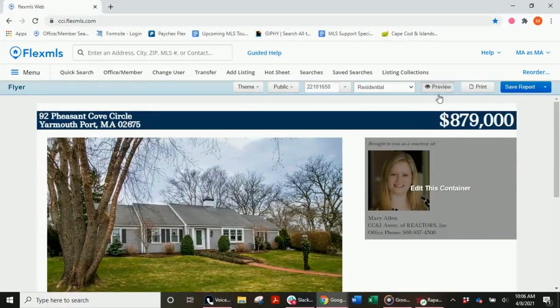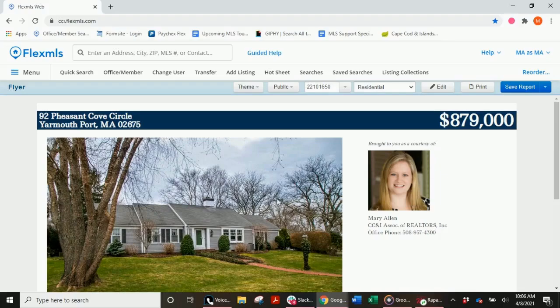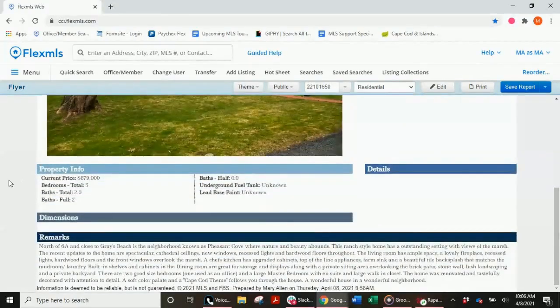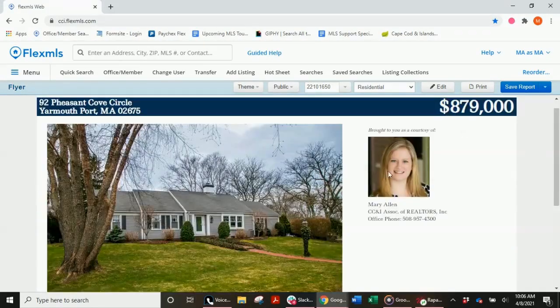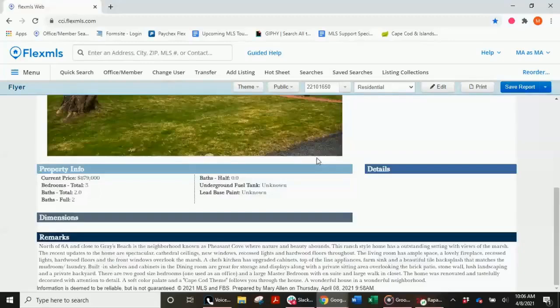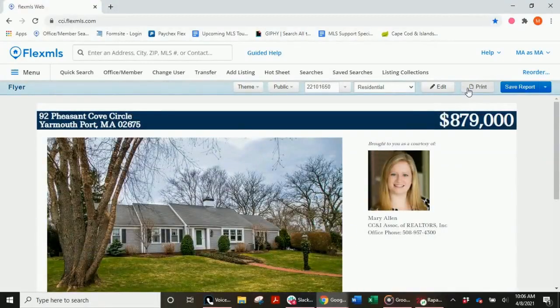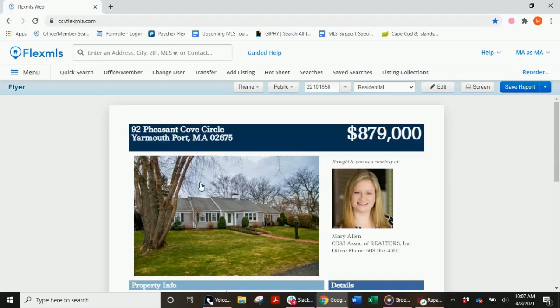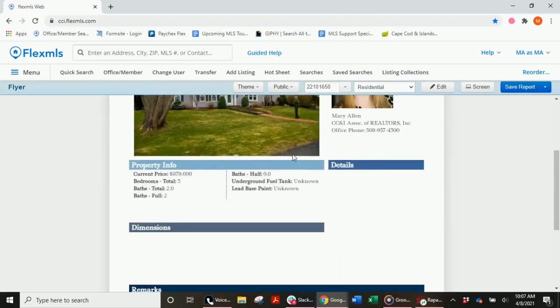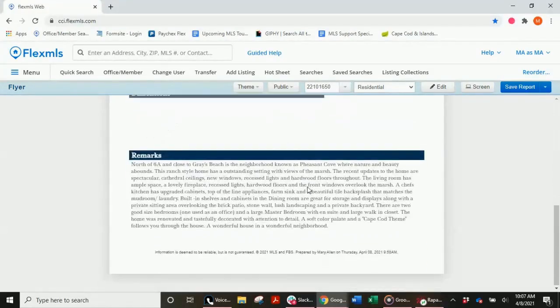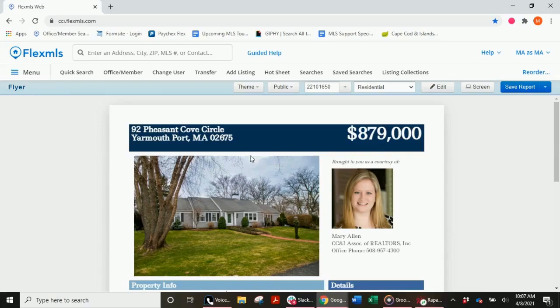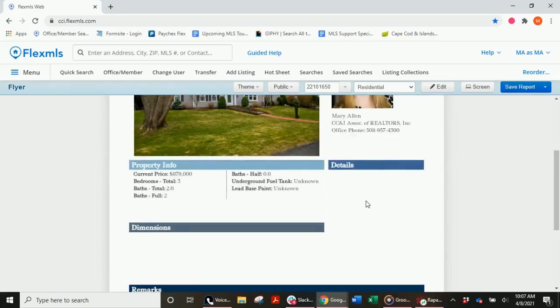And this preview button is going to show you what it's going to look when you print it out. This is what it's going to look when you print it out on this screen. So it's going to be a one-sheeter. So now we're going to save what we did to our custom flyer. So we come up to Save Report,